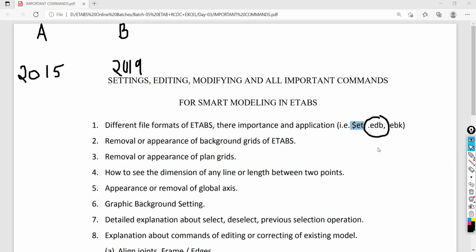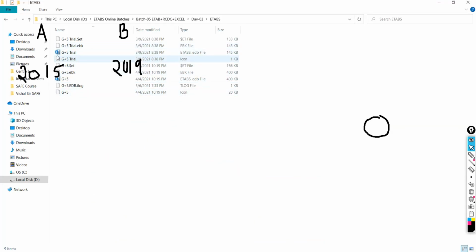Coming back to ETAP's base folder, here you are getting the software icon. Are you getting this software icon? The rest are dummy files, or we can say blank folder notation is there. But it's the model file. So this is the EDB file. Are you getting it as the .edb file? So we are calling it the model file.